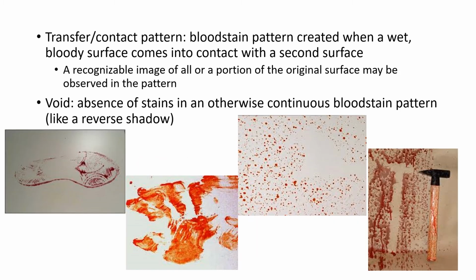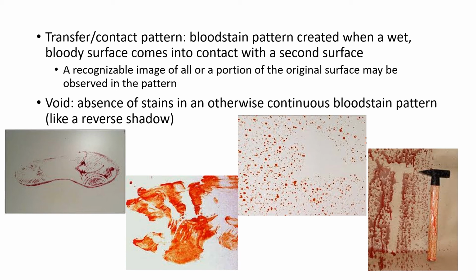We also end up with transfer patterns. These are pretty synonymous with those contact patterns. These are bloodstain patterns created when a wet, bloody surface comes in contact with a second surface. So yet again, where you're tracking bloody footprints or someone touches something with a bloody handprint, you should end up with a recognizable image of all or a portion of the original surface in the